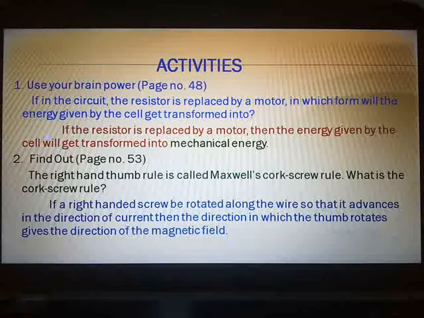Now we will begin with the next chapter, that is chapter number 5, heat. Henceforth the explanation of the chapter will be done, question answers will be discussed, additional questions will be given, and activities we will do towards the end of the portion. Last 4 chapters, let it get over, and all the activities of the remaining 4 chapters we will do together towards the end. Let us start with chapter number 5, heat.